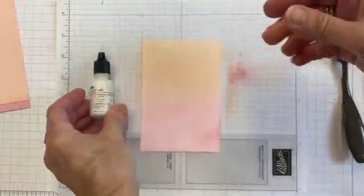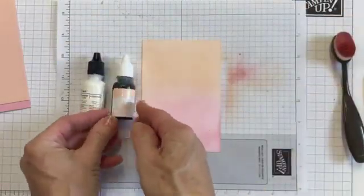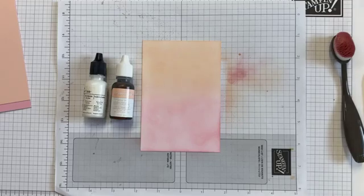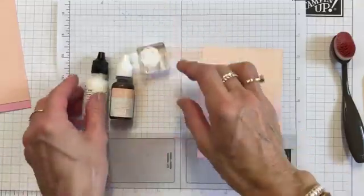And then I pulled out my white re-inker and my Petal Pink re-inker. Now on my original I did do white, and then when it dried it didn't show up, but I can see it a little bit. So I'm going to have another go with the white. So what I've done is